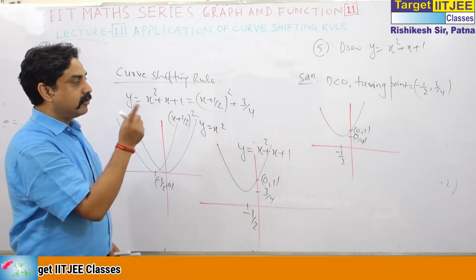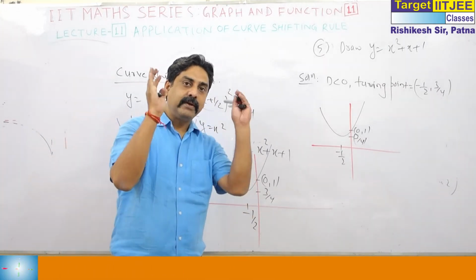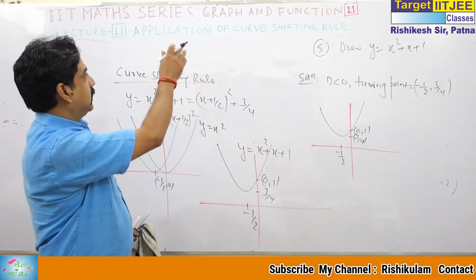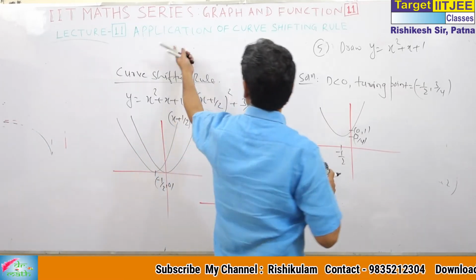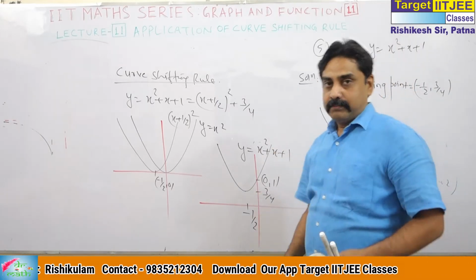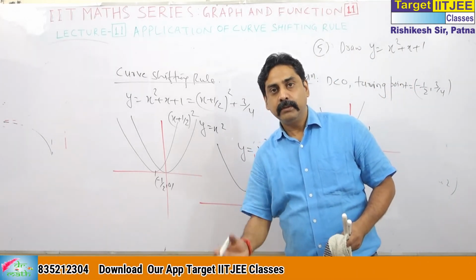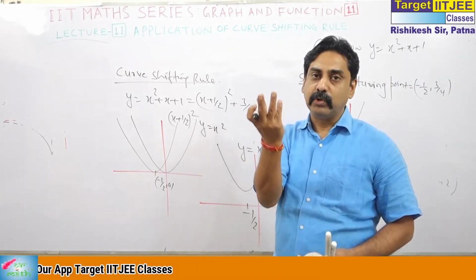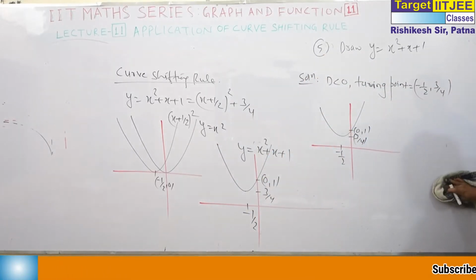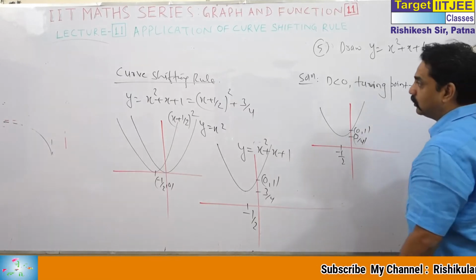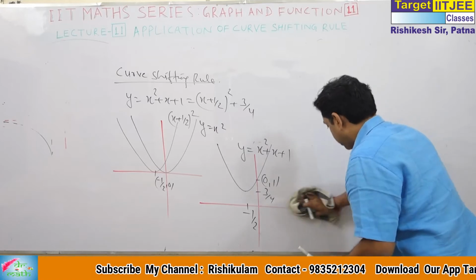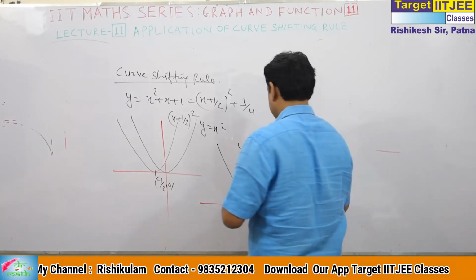So in question number 4 and 5, what I want to say is that sometimes we have to modify the data, then go for it. Now let me change the topic. Application of the curve shifting rule. What do I mean? I mean that by using 2 or 3 or 4 rules, with the fusion of 2 or 3 or 4 rules, you can draw a graph. If you want to write something on the internet, this is so easy for you at this stage.